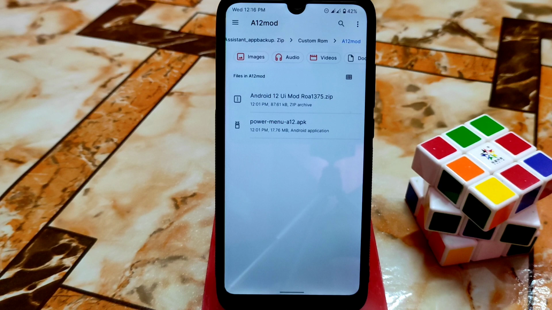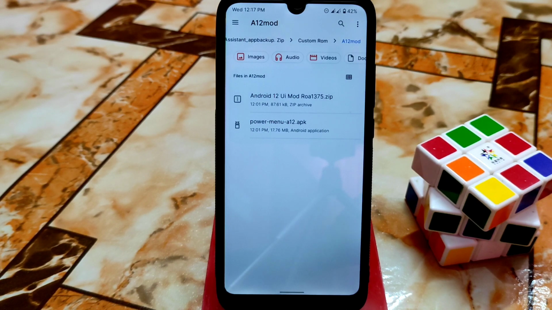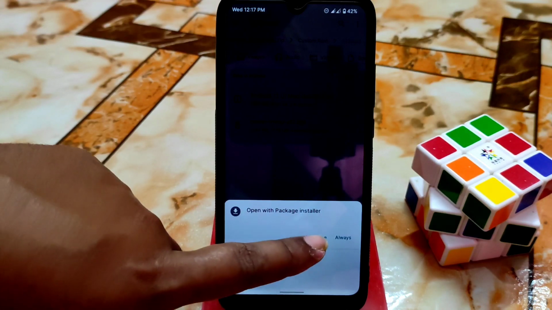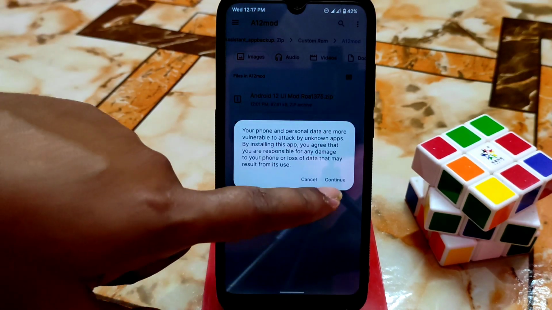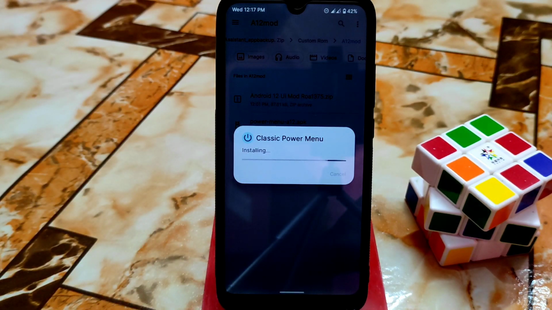If your device is not rooted, then you can't use any of these customizations, so you need to root your device. Firstly I will show you the power menu. Just install it like a normal APK. So just install Classic Power Menu